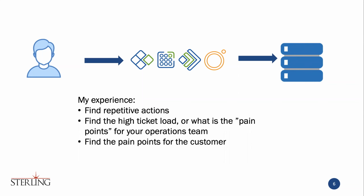Finally, this is the check your ego at the door, because you need to actually sit down with the customer, which is normally not a fun discussion. And you need to find what the pain points are, what problems the customer has. This customer, quote unquote, may be a support person, maybe a developer, maybe a networking team individual. It's normally just someone from a different team outside of whichever team normally has to perform these tickets or